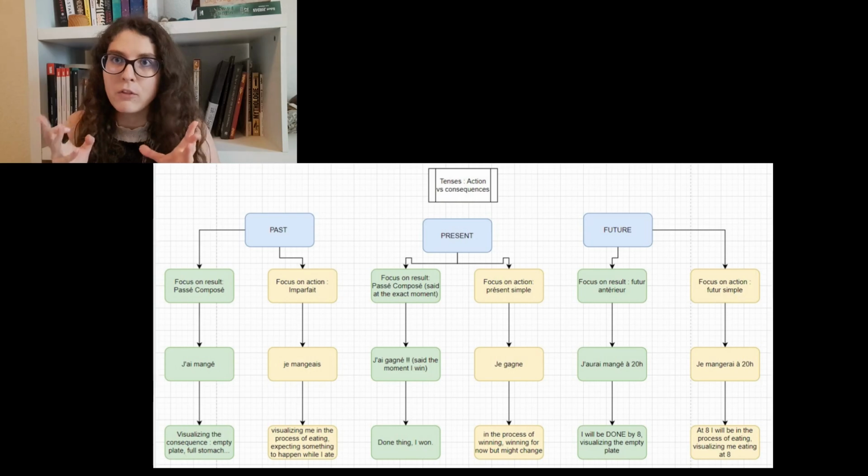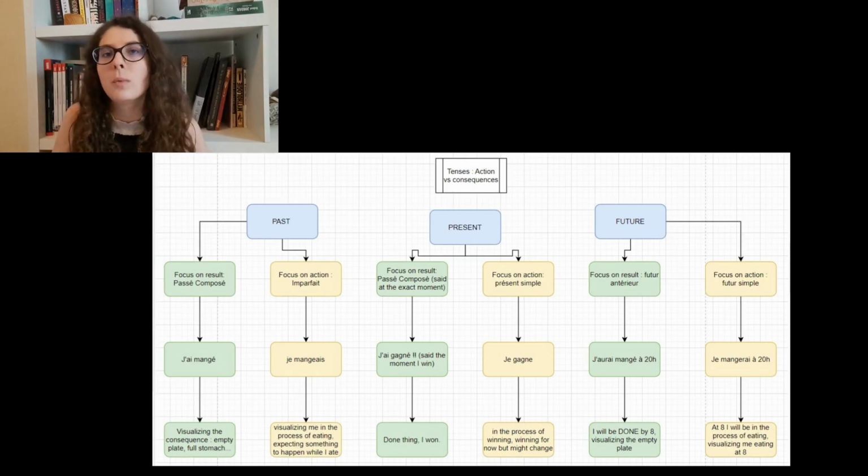The composed tenses, so they are all the tenses that have two verbs. One of them is always être or avoir, and the participe passé. For instance, for the past, in indicative mode, you will use passé composé. J'ai mangé. For future, for instance, you will use the futur antérieur, so it's like j'aurai mangé.